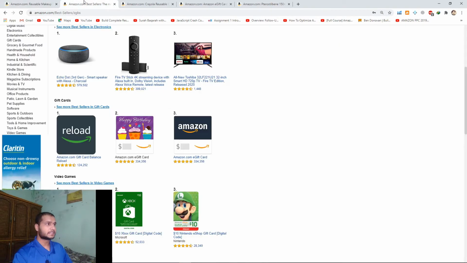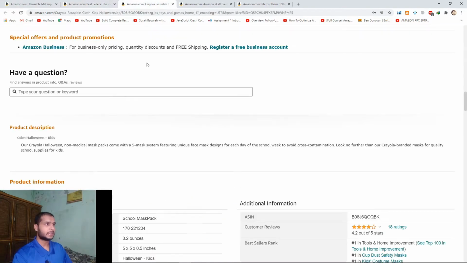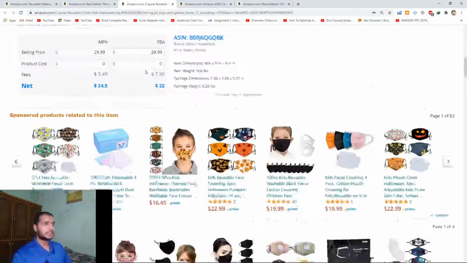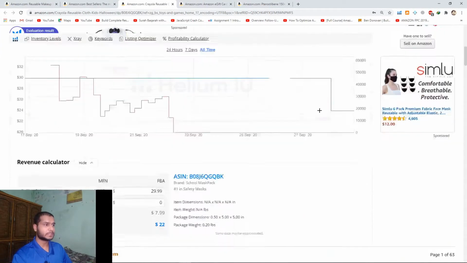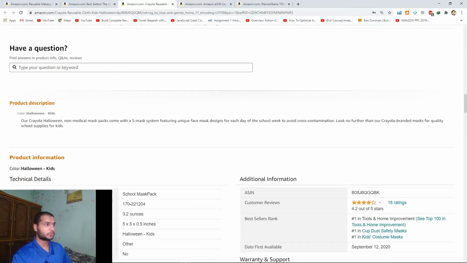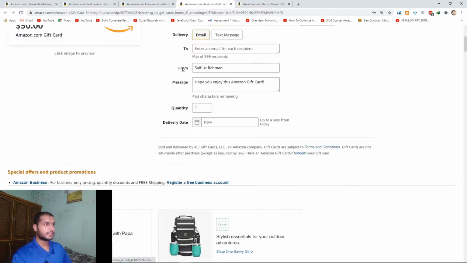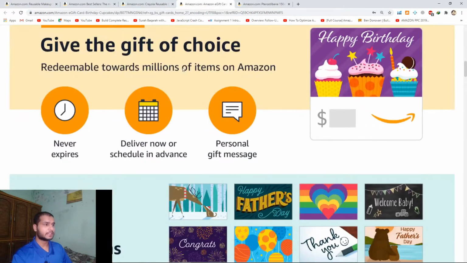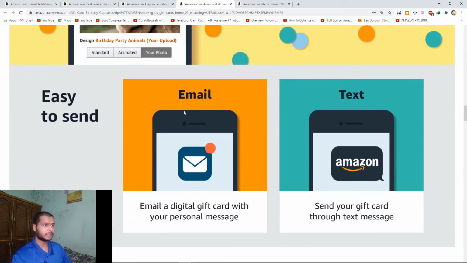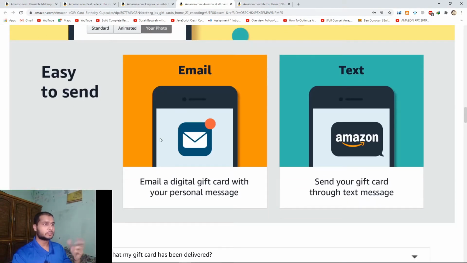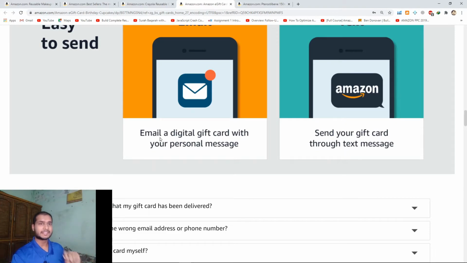In some cases, say I go to this listing, you can see we have title, images, bullets, but here we don't have EBC. Instead we have a product description. Likewise in this listing we have EBC, not the description. In EBC we can use both images and text.